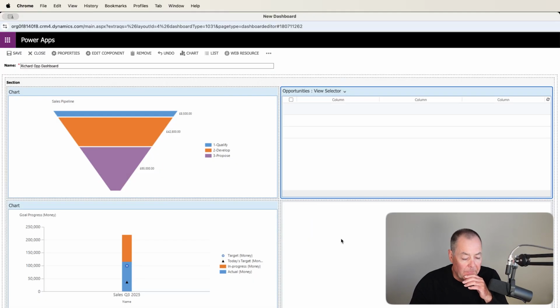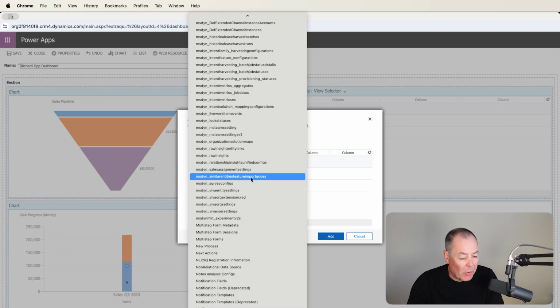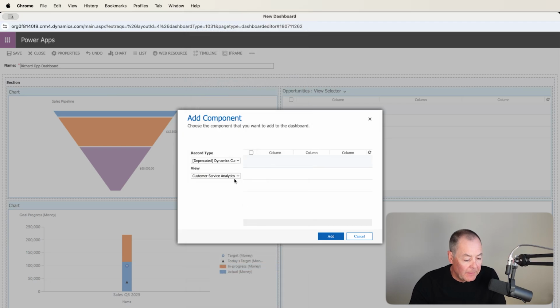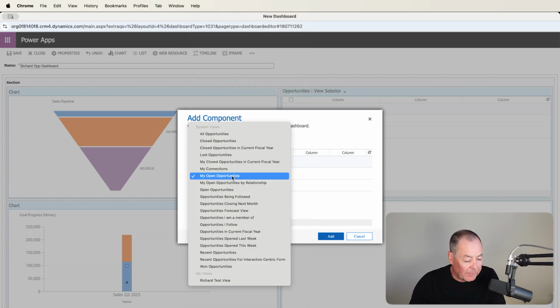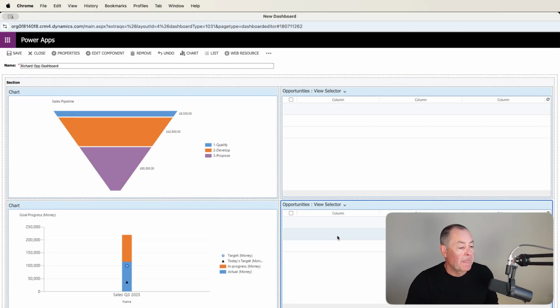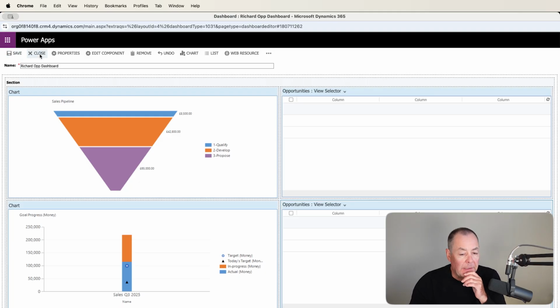Add that one in. And then I'll go to another one. And again, jump to opportunities. And this time, I'm going to put in closed opportunities. Add that in. So I've filled my 4 dashlet areas, and I can now save that. I don't need to do any more. And if I now close that, having saved it,